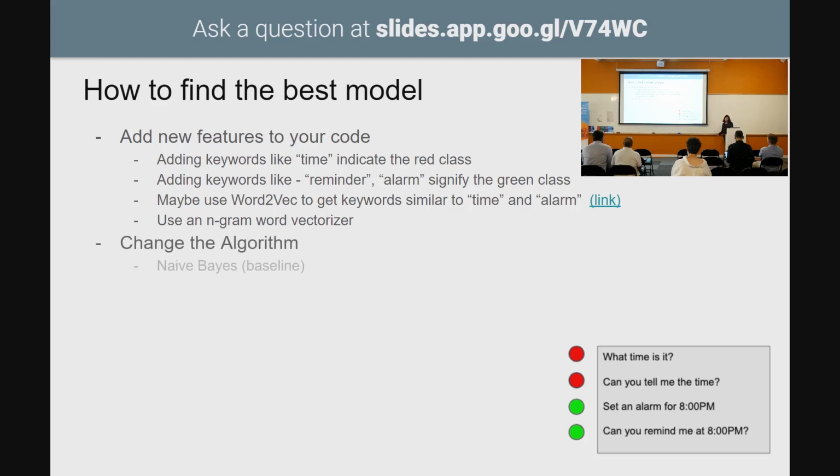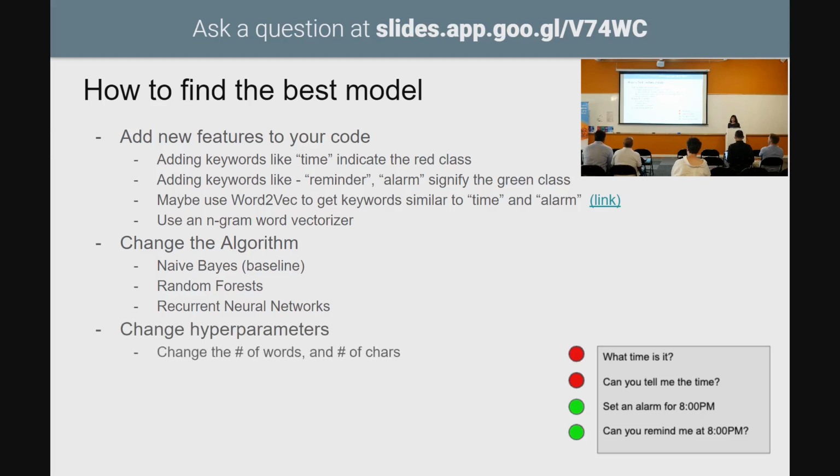Then we can change the algorithm. We can say, well, I want to come up with a baseline, which is a naive Bayes algorithm. And then you want to change it up and say, random forest is pretty good because it's an average of so many different decision trees. So let me just try and use random forest. Other people just figured out, hey, RNNs are great. There's this new paper that I read, and with certain hyperparameters, it performs really well on this kind of data. So now we're into this deep learning world. And then once we figure out which combinations of these we need, we change the hyperparameters.